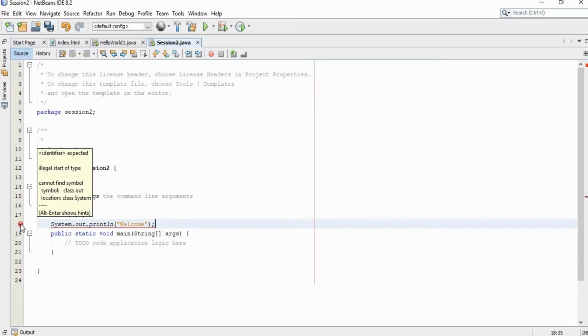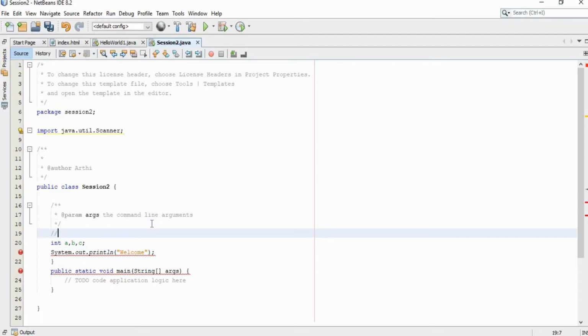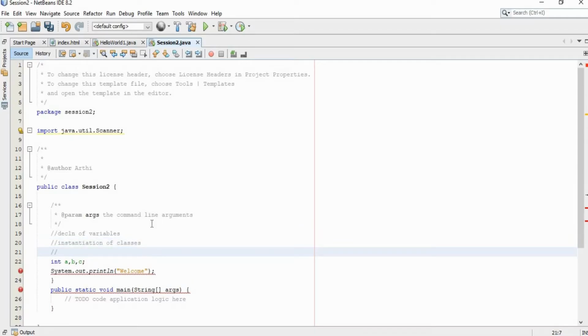Which means we can have function definitions. So what we can have directly inside our classes is, one, declaration of variables, after that instantiation of classes, as well as functions.